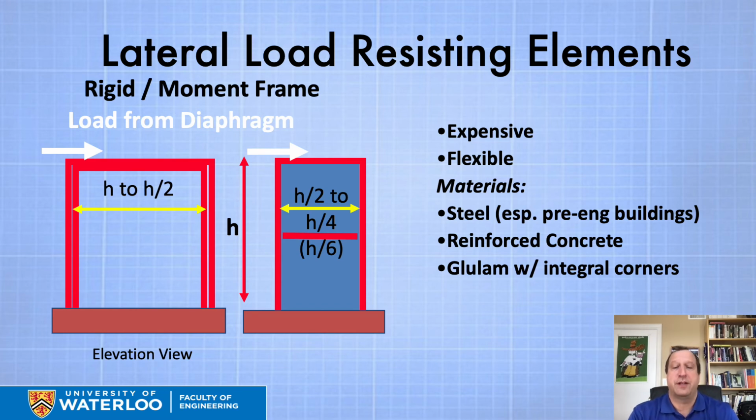We're even using these somewhat for garage door openings on single-family homes. So if you have a 6-meter wide garage door opening, 2.5 meters high, that's a large opening in a wall. And so there are increasing solutions that try and use moment frames